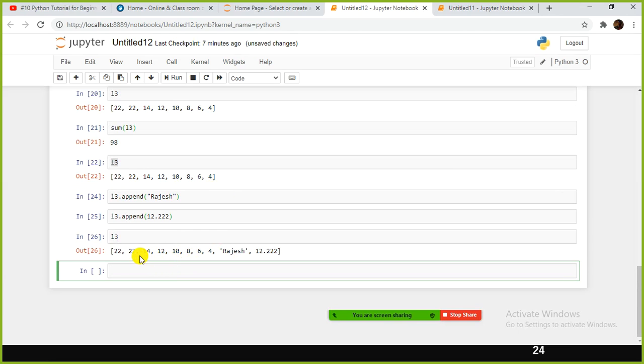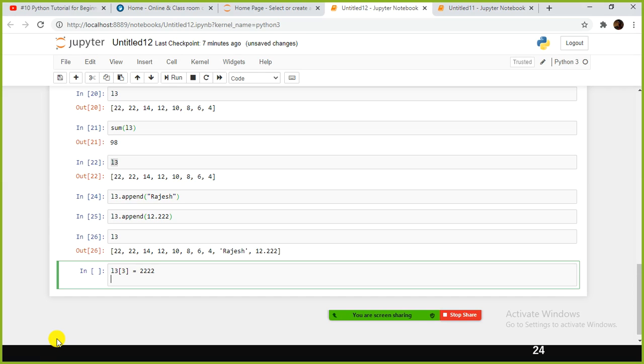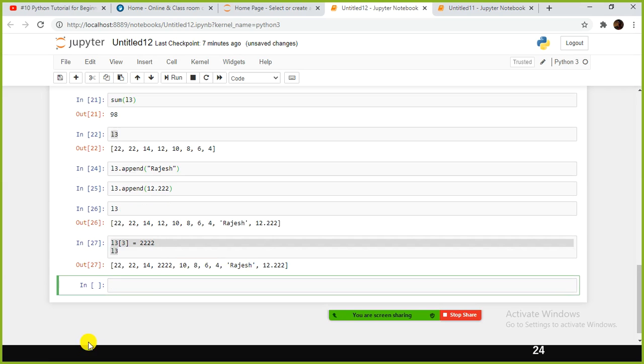List is mutable. Let me show you L3 of, for example, the 12. 12 is in the fourth place, right? 0, 1, 2, 3. Sorry, 3. I want to modify the 12 to 222.